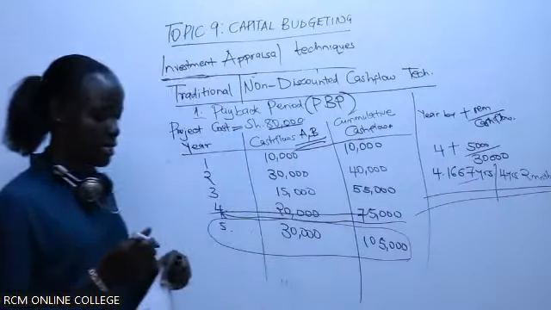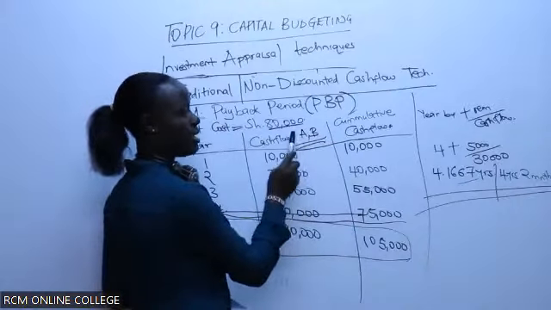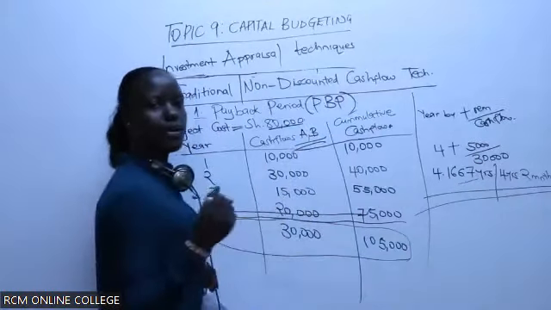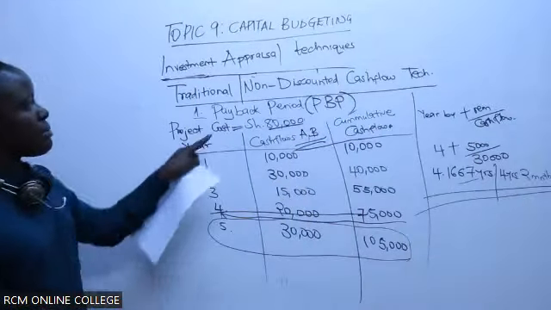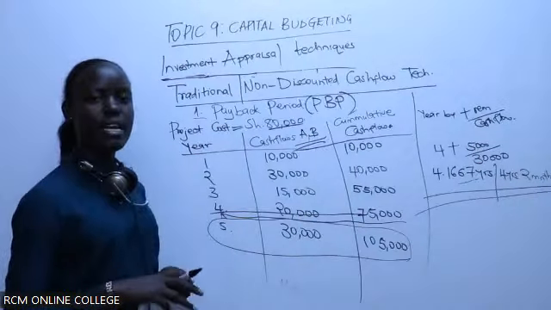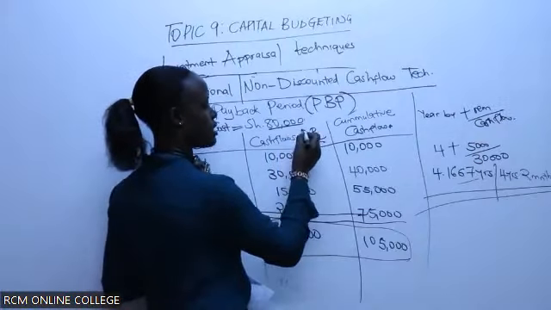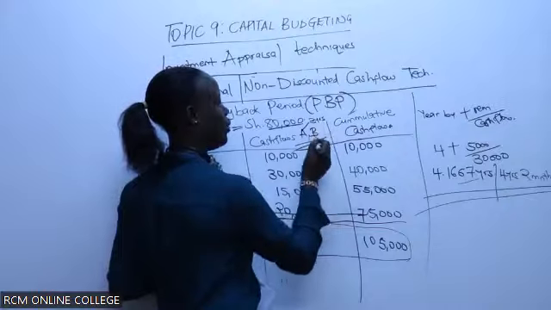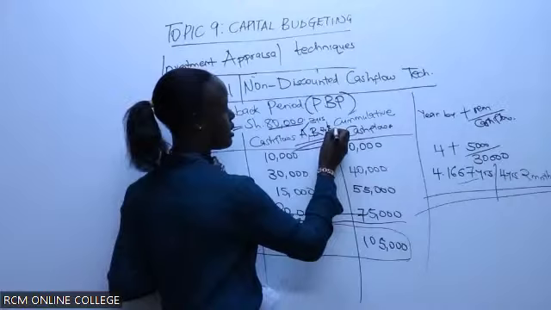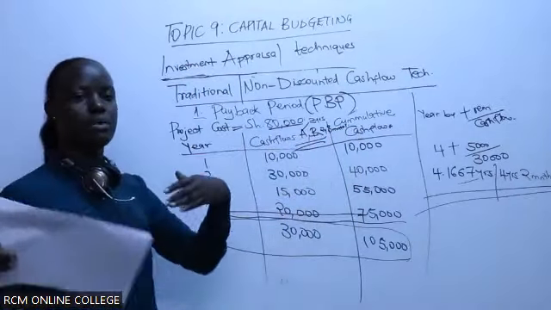What you'll do in this case, you will do this entire process for investment A. You also redo the entire process for investment B. Then you make a decision. And the decision under payback period is you choose the project that recovers the money within the shortest time possible. So for instance, if project A takes 3 years, while project B takes, let's say, 2 years, 8 months, then the individual can choose project B over project A.